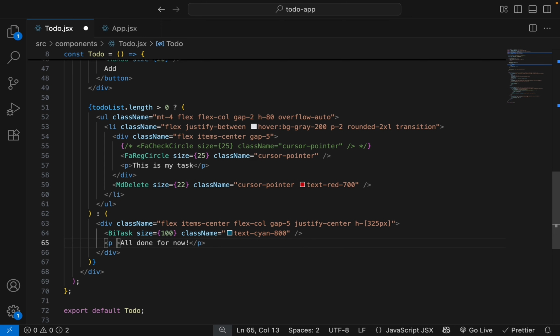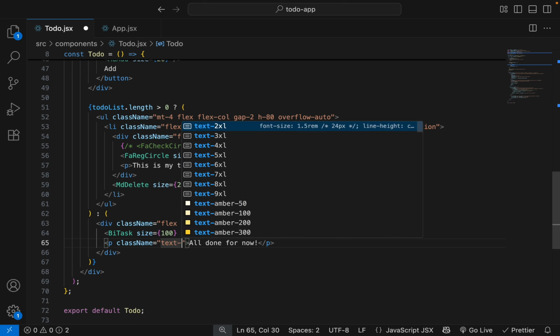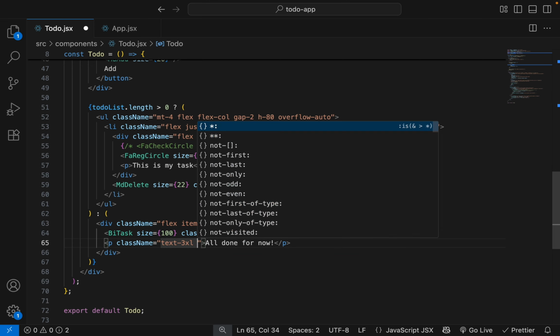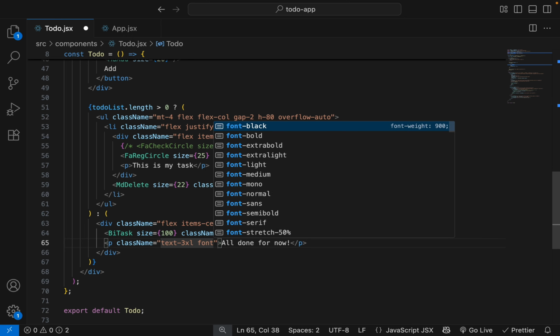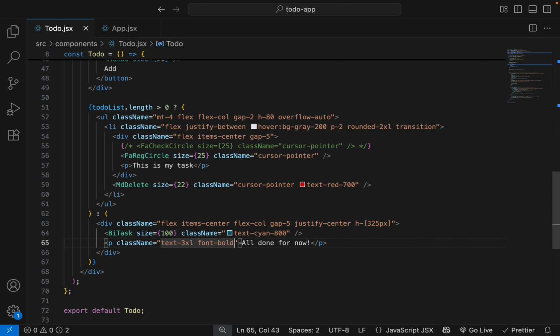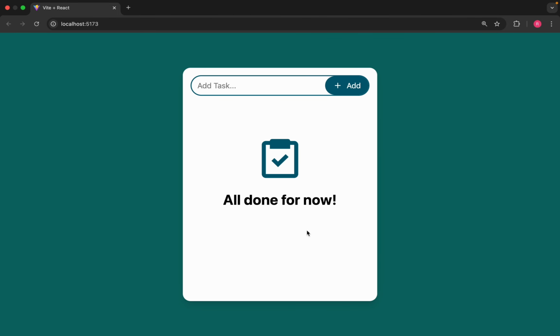Adding some classes to it, text 3XL, font bold. So currently there is no task, so we are getting this message.